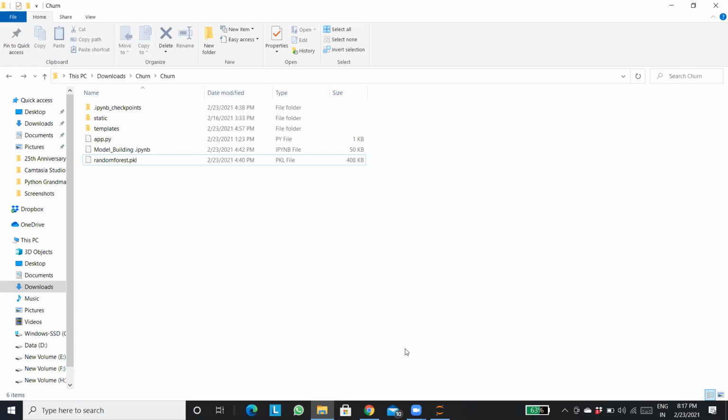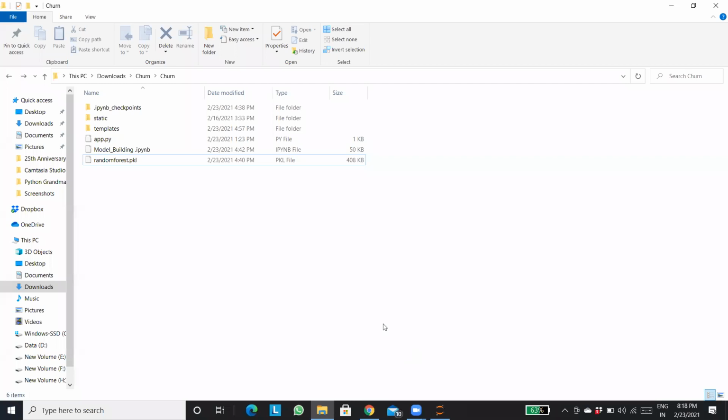By the way, why do we need to create a front end? GUI, exactly. So that the user experience should improve, right? If I'm giving a Python script to a random user, he might not be able to give the input as we do, because we are developers out here. We know how to give it, but a normal user might not know how to give it. So we need to create a graphical user interface so that he can easily give the input and get the output. That is the main motive behind creating a web app.